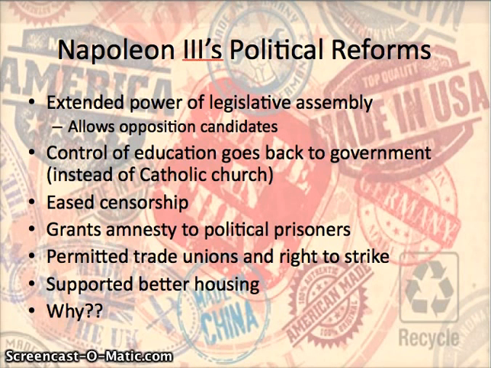He's also going to ease up on some of his previous economic regulations on the urban working class in particular. He's going to allow trade unions to exist, and they will also have the power to strike again. And he's going to support better housing projects, and a lot of that goes along with his economic reforms that existed previously. You might ask why he is easing up on a lot of the previous restrictions. Why is he instituting more liberal reforms in the second half of his rule?